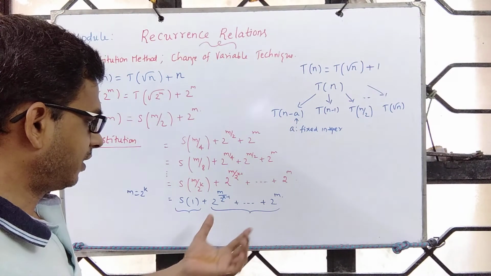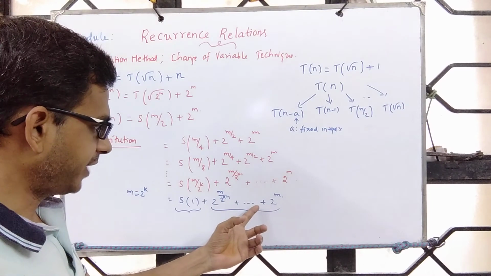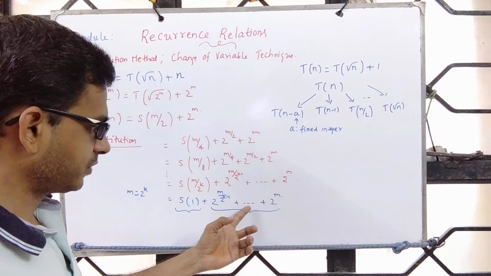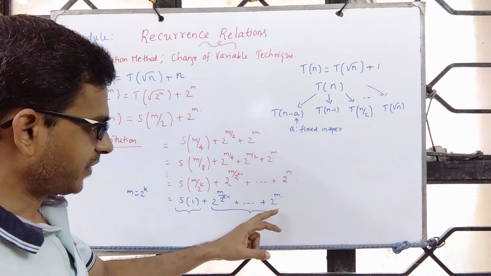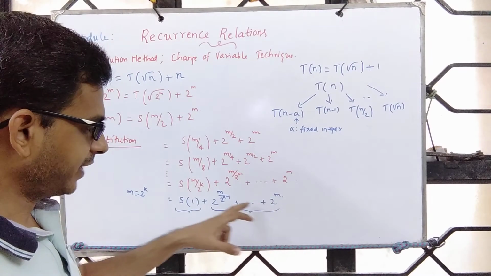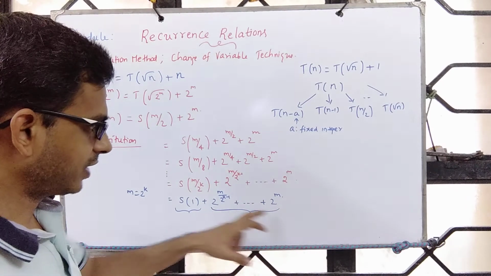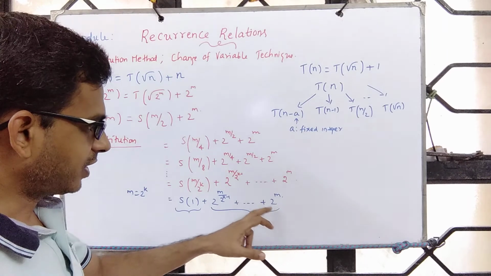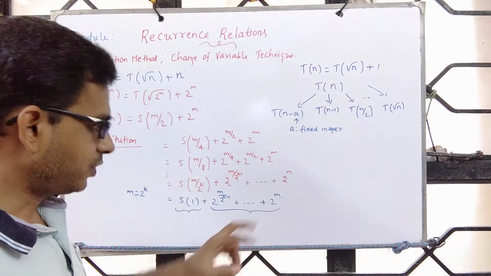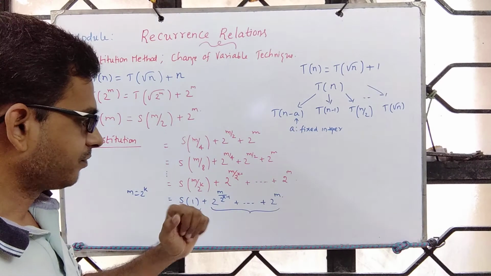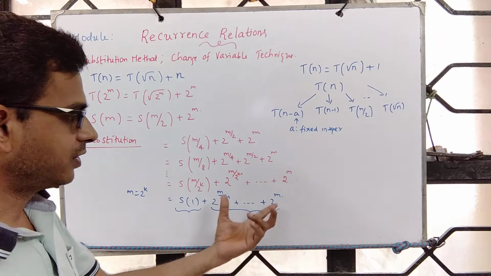That's on one side, but intuitively if you see, this is 2 power m, 2 power m by 2, 2 power m by 4, exponent keeps reducing and slowly it comes to 2 power 2. So this is the leading term, 2 power m, 2 power m by 2 and so on, and you can see that this expression is upper bounded by 2 power n, also lower bounded by 2 power n. So I can conclude that the solution to this recurrence is theta of 2 power n.